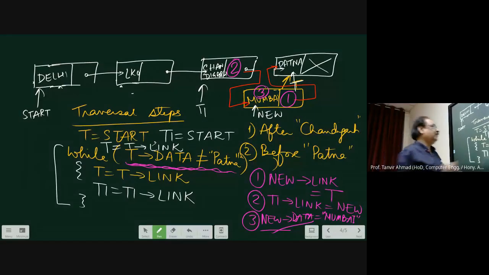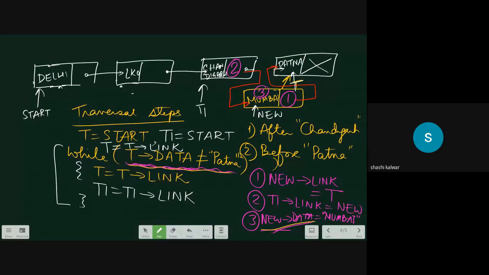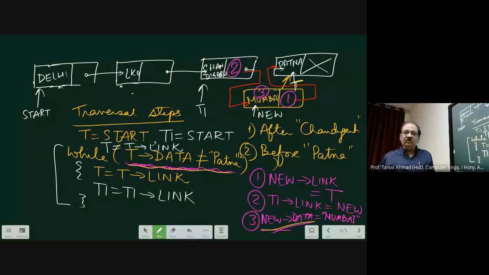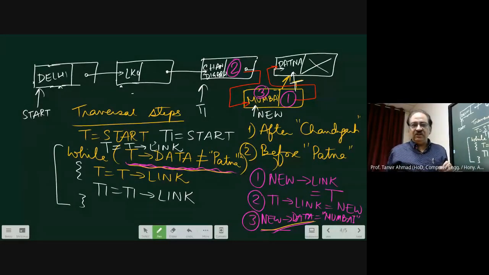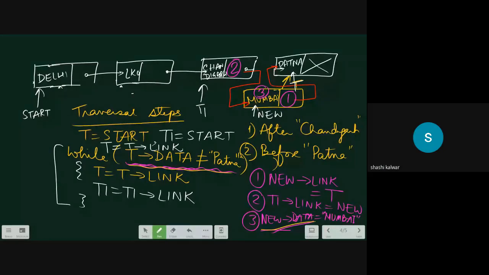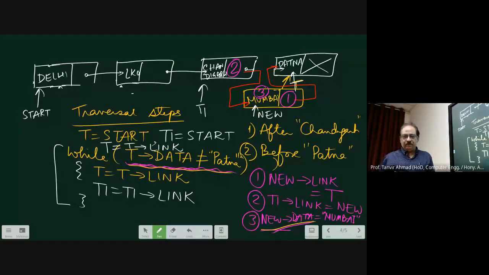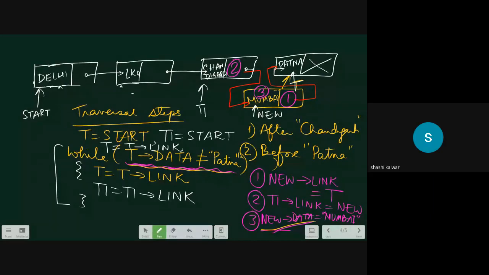See, when I wrote like this, I did not write a string compare. I just wrote a general statement. Similarly, if I wrote over here, new of data is equal to that city, I did not use string compare or string copy, because the algorithm is independent of any language. Now, if you know C, you convert into C. If you know C++, you convert into C++. If you know Java, you convert into Java. It all depends on you. But the algorithm will not change with the language. It is irrespective of any language. Okay. Now this is the algorithm.